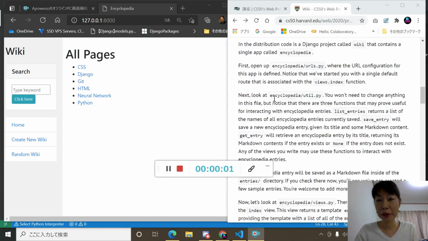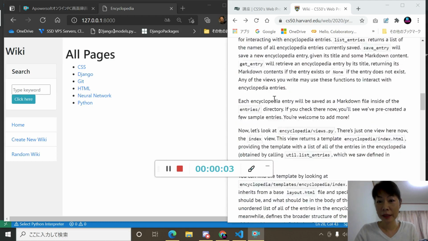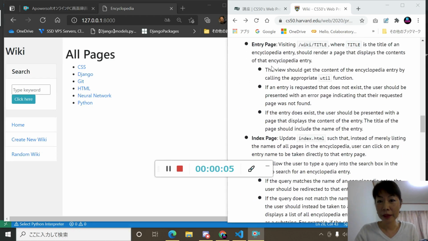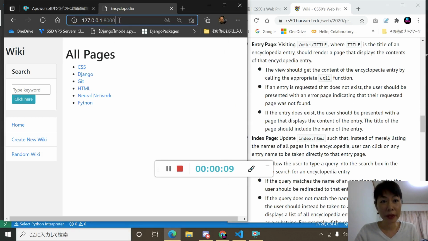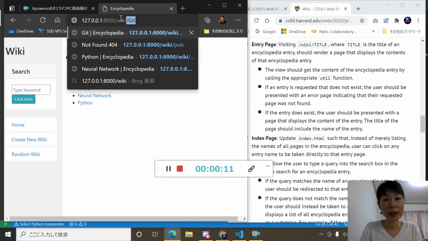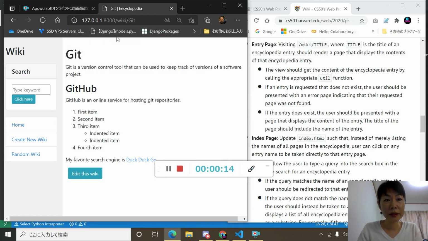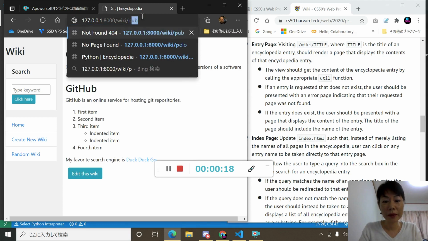Hello, this is my wiki project and specification here. Okay, so I'm supposed to type wiki title here. Okay, let me type wiki git. Now it takes you to git, and then if I type Python,